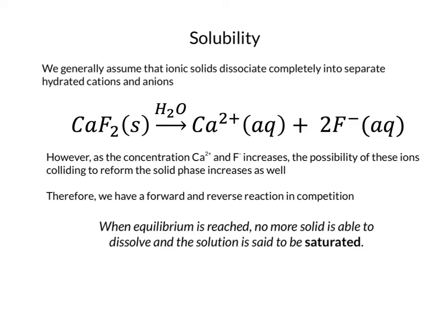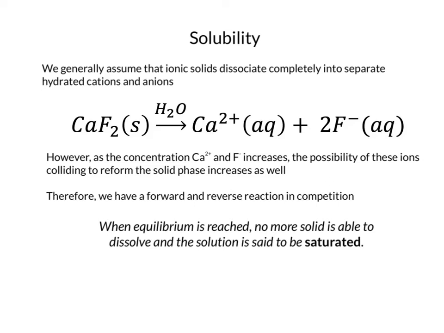Hello everyone, in this video I'm going to be talking about solubility equilibria. We generally assume that ionic solids dissociate completely into separate hydrated cations and anions. So for the example of calcium fluoride, I would expect one calcium ion and two fluoride ions to come out